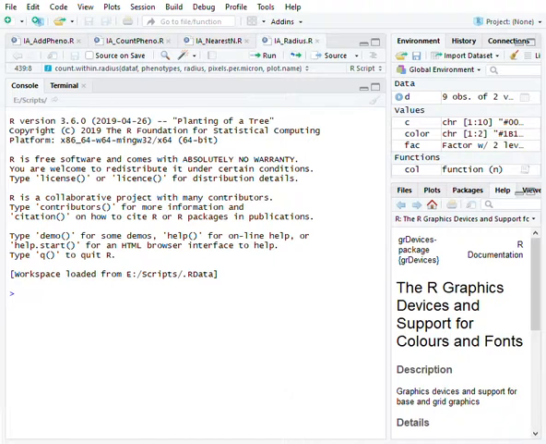Okay, so we're going to start by running our add phenotypes script. And first thing I have here is all of my information that I'm going to need to plug into the prompts that come up. I put that in a text document ahead of time so that I can just copy and paste all the